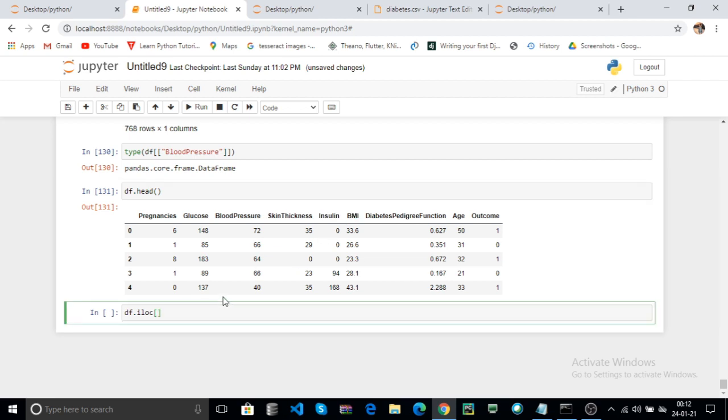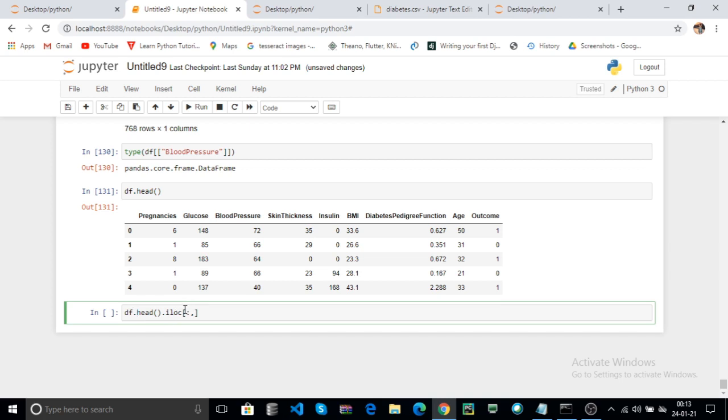Here the first parameter is the rows and the second parameter is the columns. Here I print all the rows. For example, use the head method, it returns only 4 values. Now we can retrieve only 4 rows. We can use the head.